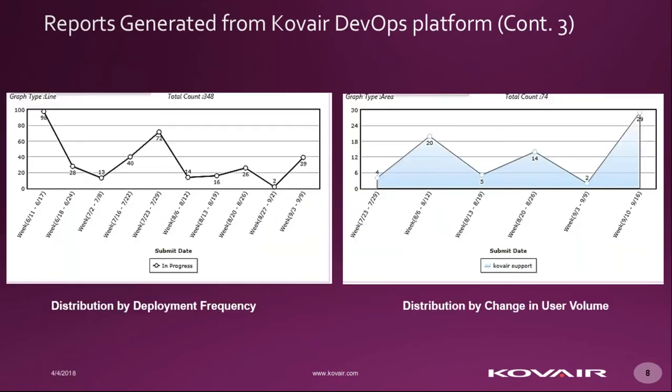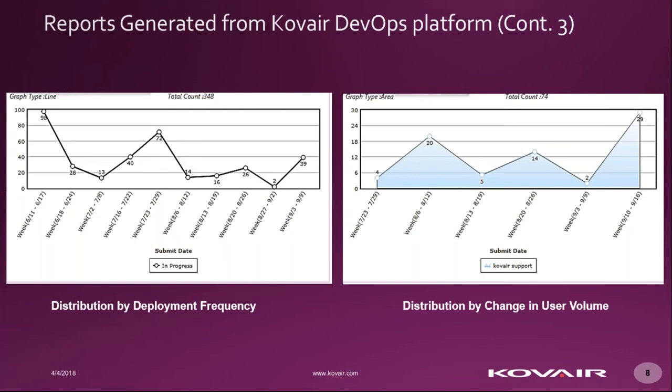Some more reports, like the distribution by deployment frequency. This gives you a trend of how frequently deployments are getting done. The higher the number, we can understand that the developers may be often doing changes, maybe incorrect builds are getting done. So causes could be many, but if the number is decreasing over a period of time, it reflects that activities are getting streamlined and the quality of the build is getting improved.